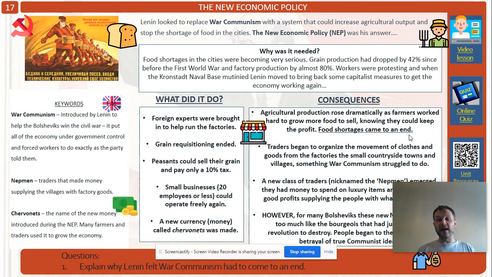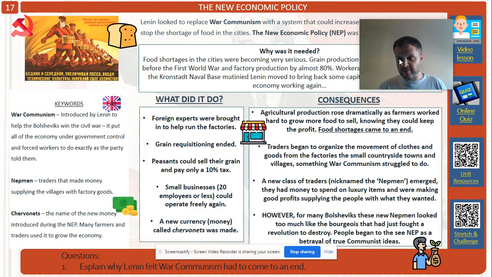So these traders come in and start to get people the things they want. Wheelers, dealers, traders, and these people actually have their own name, called the Netmen, right? Obviously, NEP, New Economic Policy Men. The Netmen emerged, and they almost become a new middle class, just over the few years that this thing runs. The middle class starts to grow again through the Netmen. They've got money to spend on luxury items. They can start to go to some of the fancier restaurants. They create demand for new products and new services that weren't there before.